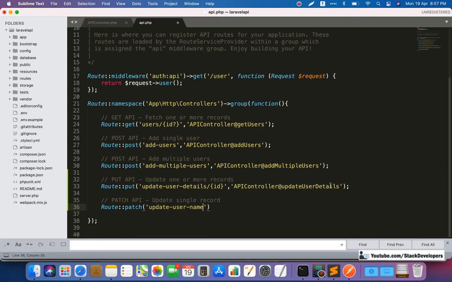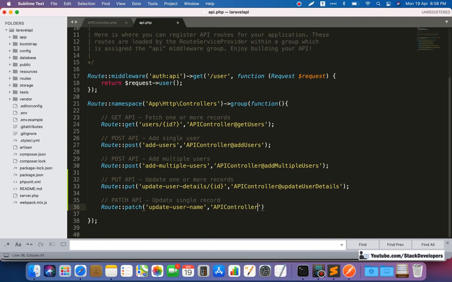There are two ways to update, like I told you earlier. One is passing the ID inside the JSON data, and another is passing the ID as a param. First of all we are going to pass the ID in JSON data.